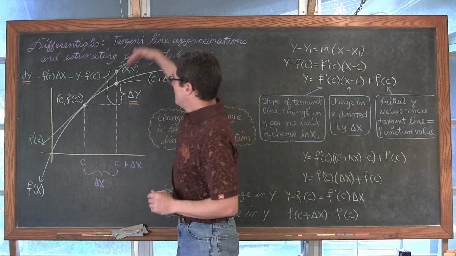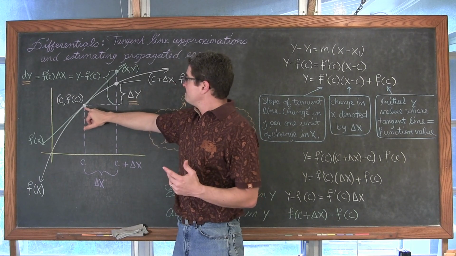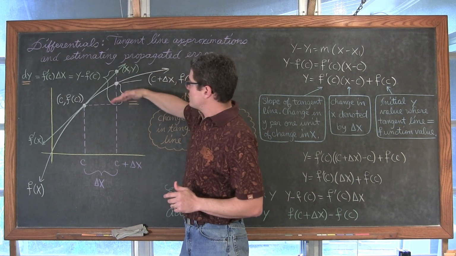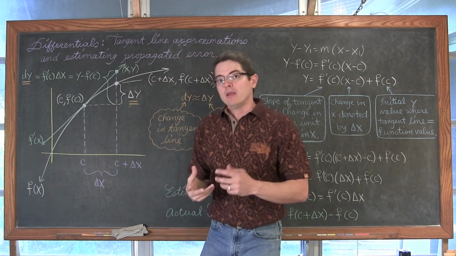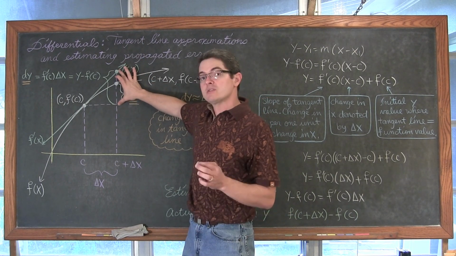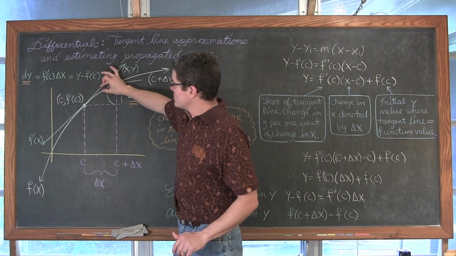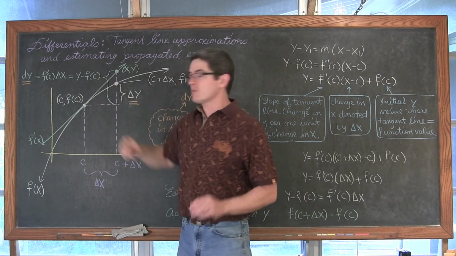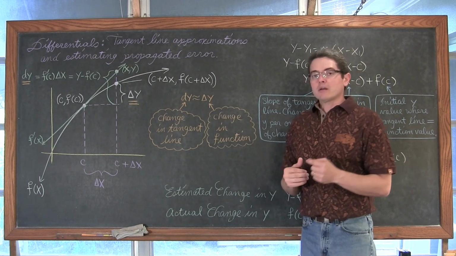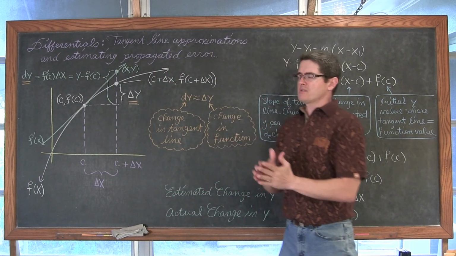So what we'll do is find a tangent line at that point of tangency, c, f of c, and then we would be able to a bit more easily calculate the amount of change that we have in the tangent line and then use that to approximate the change in the actual function. So the change in the tangent line is going to estimate the amount of change in the actual function. And of course, as we get closer and closer to that point c, we can see that the vertical differences, because we're estimating y values in this particular example, are going to get closer and closer to 0. I mean, become infinitely accurate the closer we get to c.